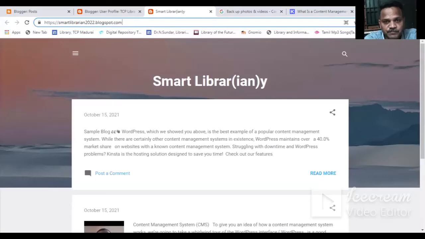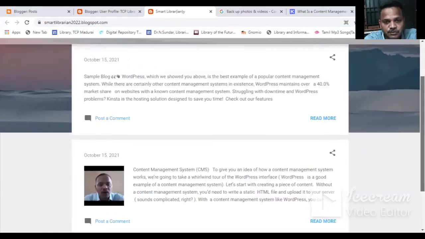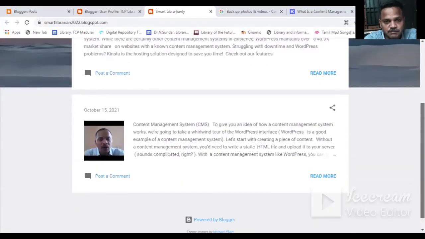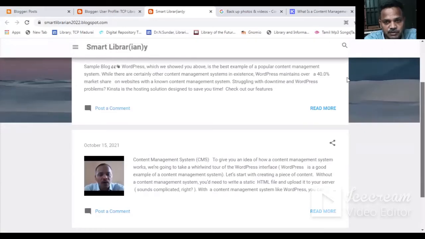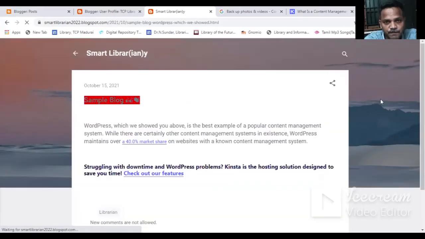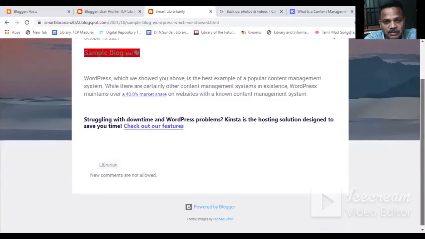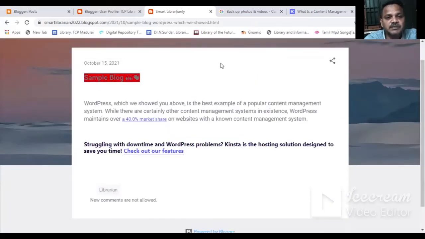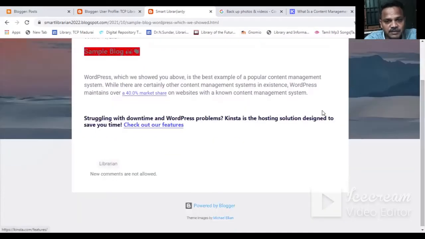See, simply I have created two posts. You just click the first one, read more. See, the second one will be on top, because the order depends on the date and time I uploaded them, everything. See the color I changed, the emojis.